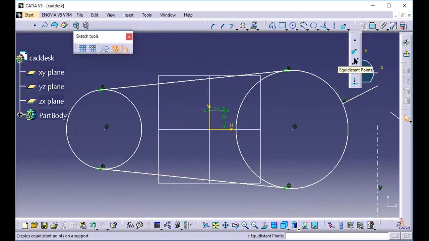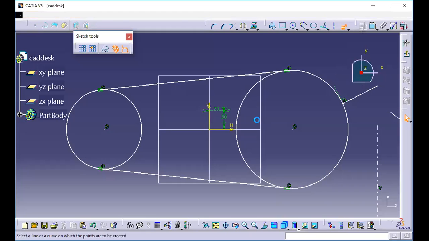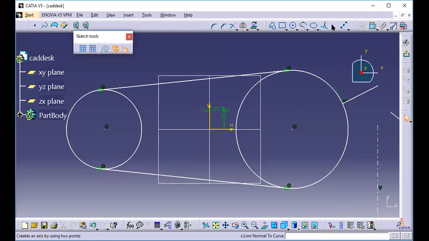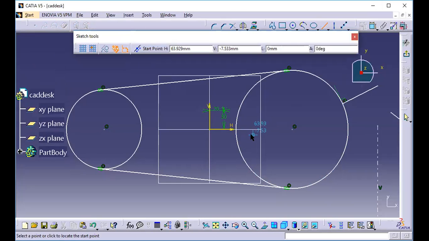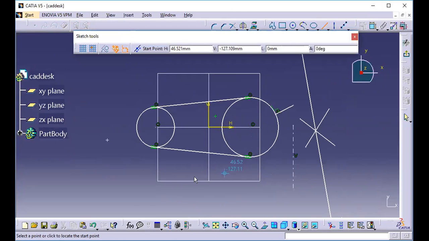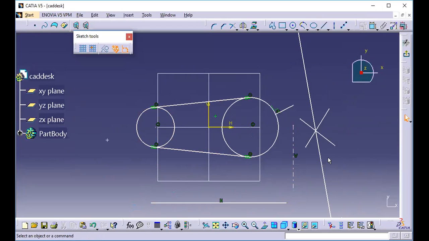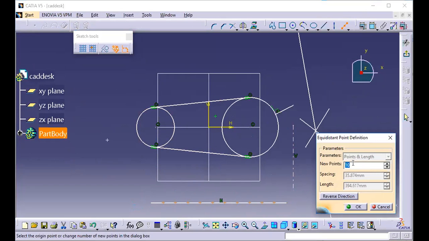Now equidistance point. If you want to create an equidistance point, you need to create a line or curve. Suppose I just want to create some line over here. And I will go to the equidistance points and I will select this line. Now it is asking how many new points you want. Let me take 6 points. Let's just click on OK.